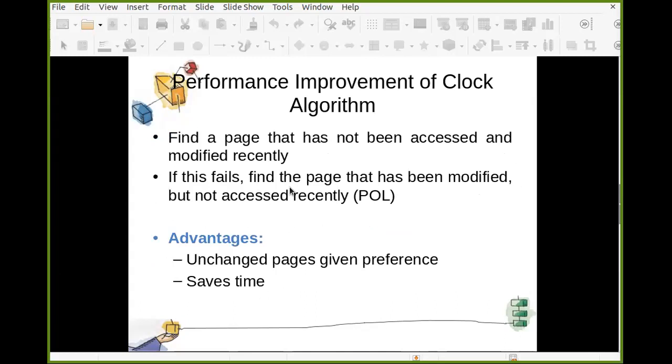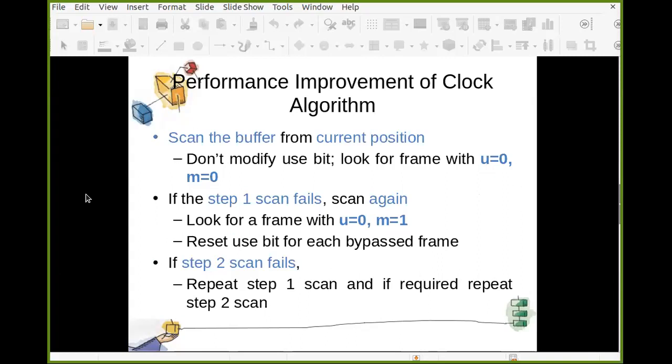What are the advantages of this modified clock policy? Unchanged pages are given preference. Unchanged pages means where M is equal to 0, not modified. Those pages will be given preference. And why are we giving preference to those pages? Because if you are replacing a page which has been modified, then first you need to write that page to secondary memory and then you can replace it.